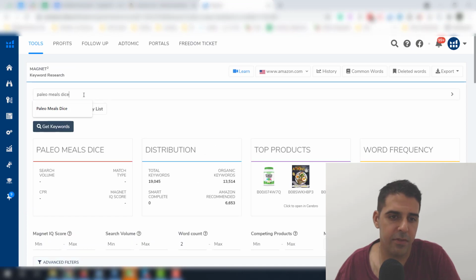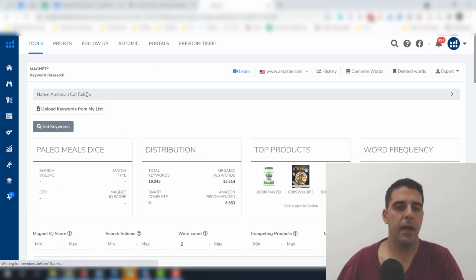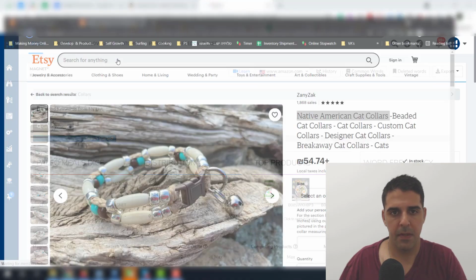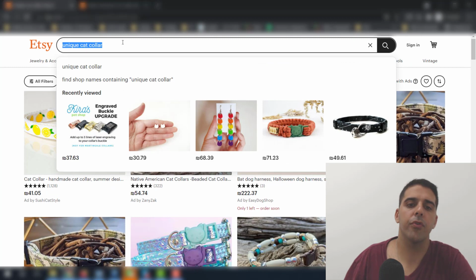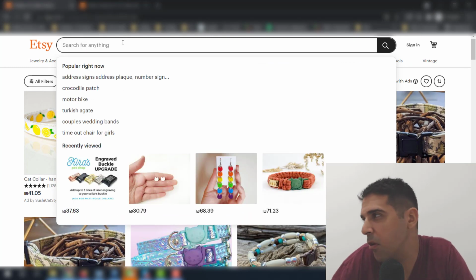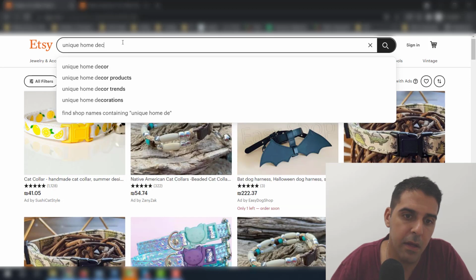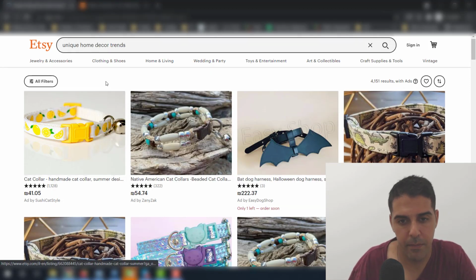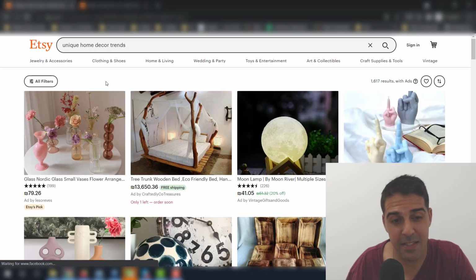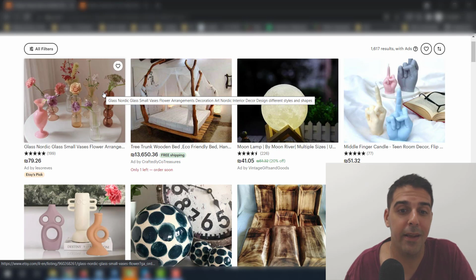So let's try to search for a magnet. I guess there is not enough volume here. Let's try to go for more unique items, maybe home decoration, like unique home decor trails. Let's go here. And again, this is the first time I'm doing it, so it shows you